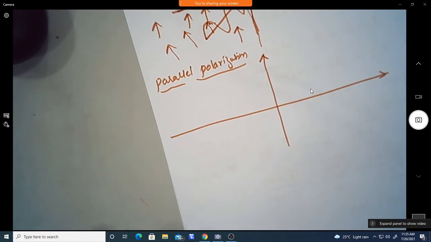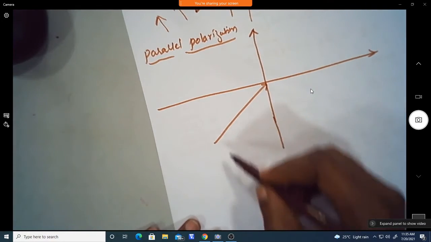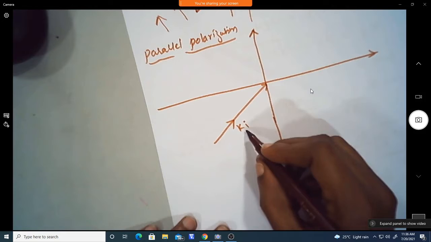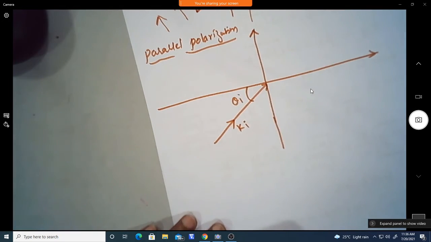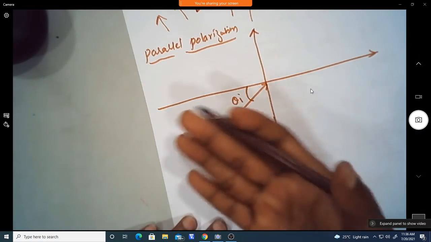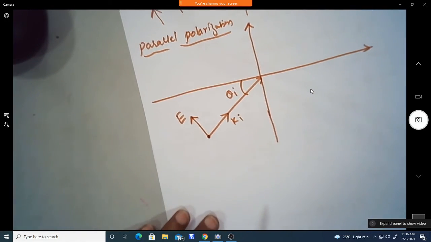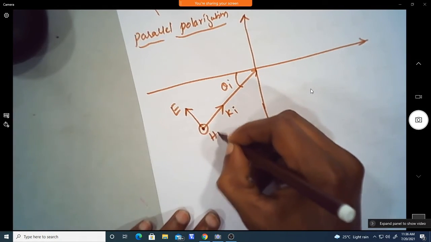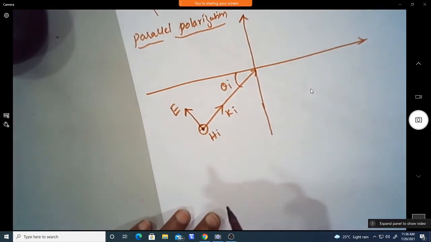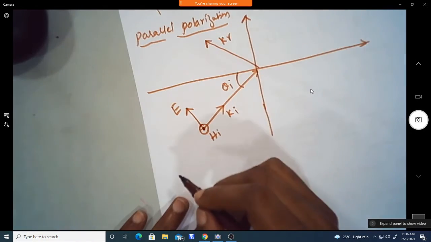Now if we take the parallel polarization, as I said, E should be parallel to the plane of incidence, and we take the incident propagation vector with the incident angle theta I. The electric field should be parallel to that plane, wherever you take it. And H is perpendicular to this, because all should be mutually orthogonal, so H is perpendicular to the plane. Similarly, for the reflected propagation vector Kr in this direction,